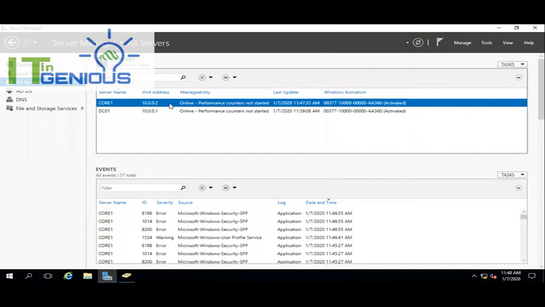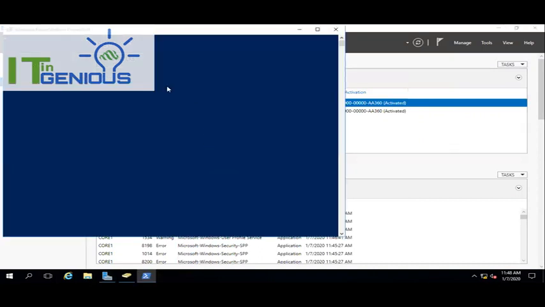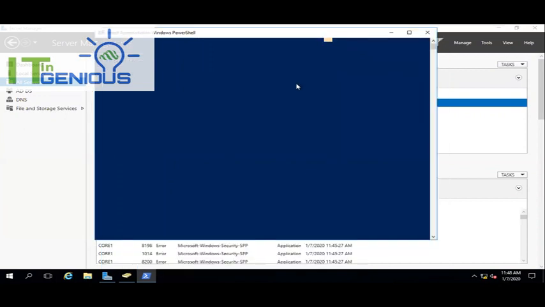If you want to access PowerShell, you would be able to access PowerShell as well. Click on Windows PowerShell, and it will open a PowerShell session of core 1 here. If you face any difficulty managing your core server and